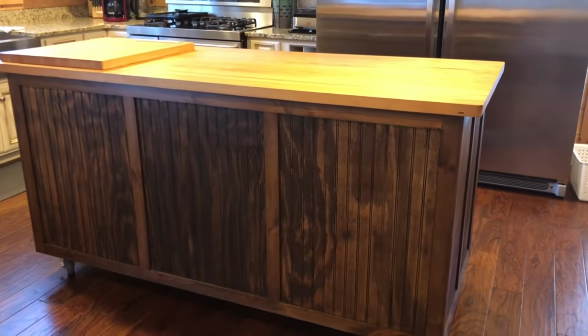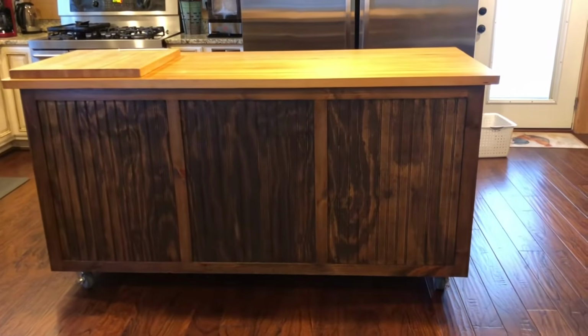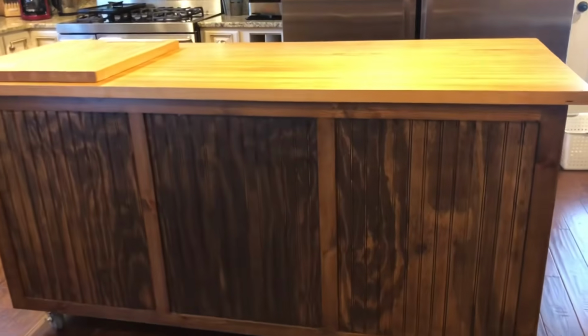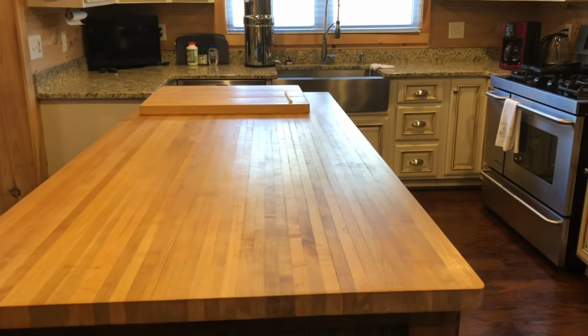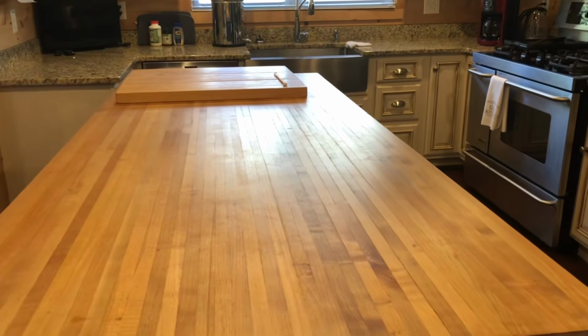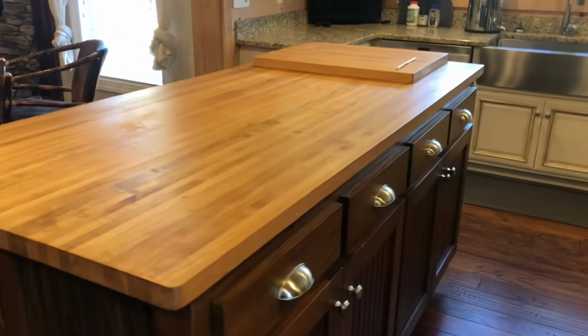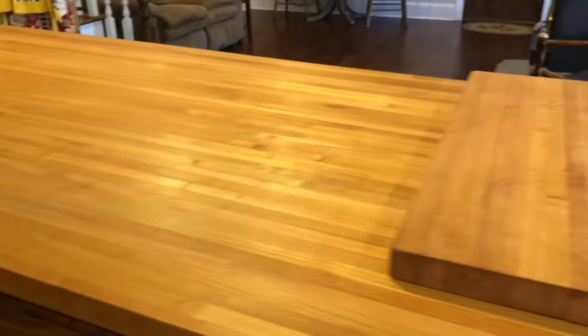So I wanted to show you my island, and y'all know this is what I cook on a lot. From this side, this is what you see, and I've got a friend that's supposed to make me a wreath. She better get on it. And I wanted to take you and show you, I think this is like a 6-foot island. I put granite on my countertops, which I love, but I wanted the wood cutting board look on my island. And when I first got it done, and I'm a cook, so y'all know I cook a lot, I decided that I needed a cutting board because I was afraid I was going to ruin